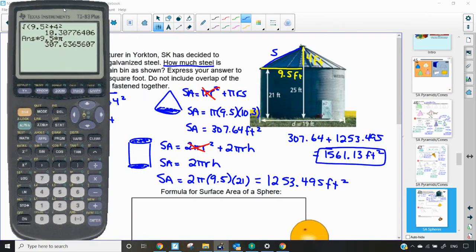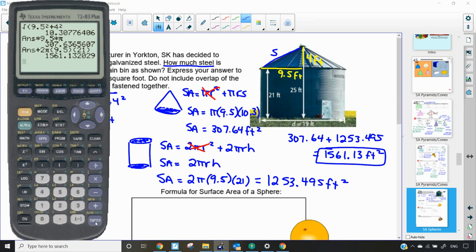Because I've already done all of the work, I'm just double checking my answer. I'm just going to add this automatically to the 2 pi r h. So I'm going to add 2 times pi times the radius of 9.5 times 21, which gives me my exact answer of